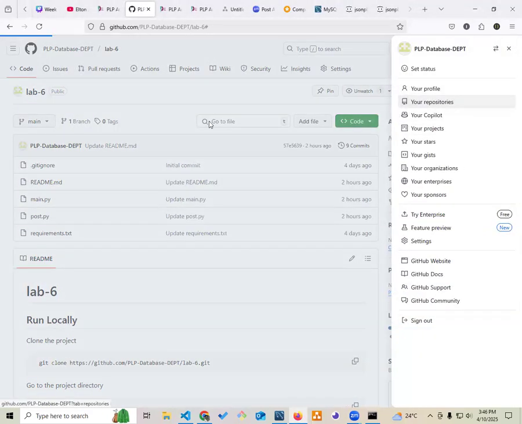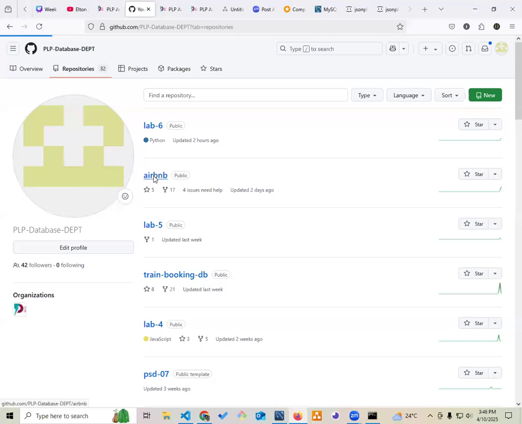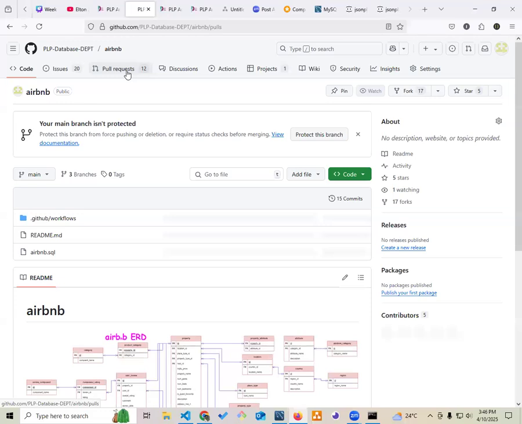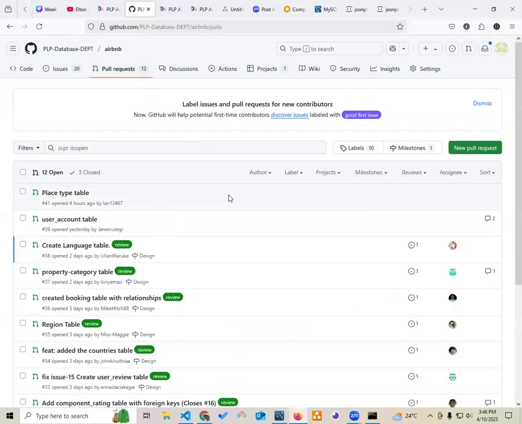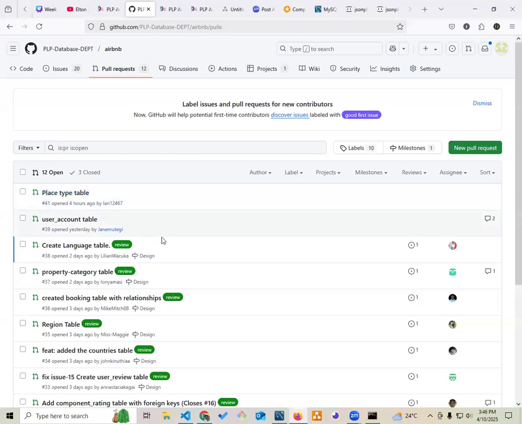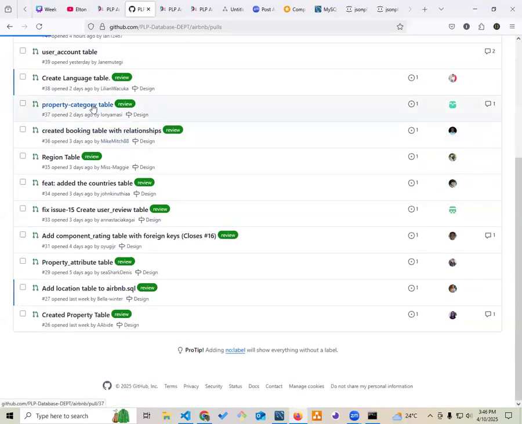Okay, going back to our repo. Our Airbnb, it's not yet complete. Yeah, I need you guys to review your fellows' work. So I'll need volunteers who can review. If you have some spare time and you want to review what others have done, just come here and then,